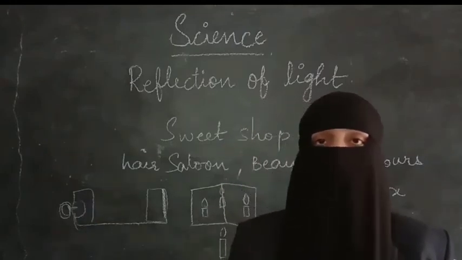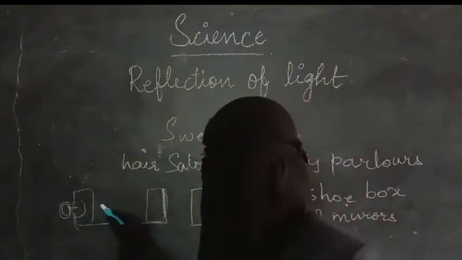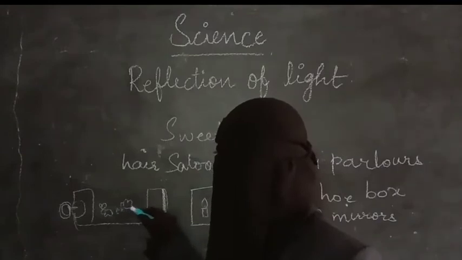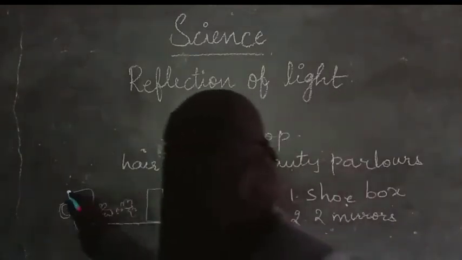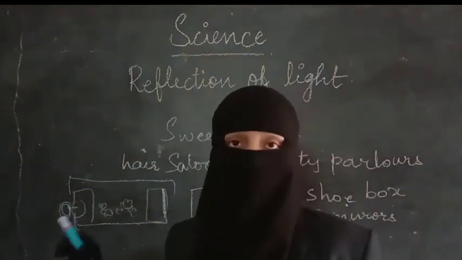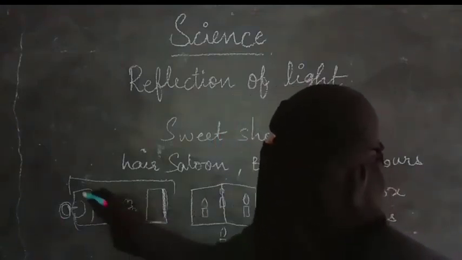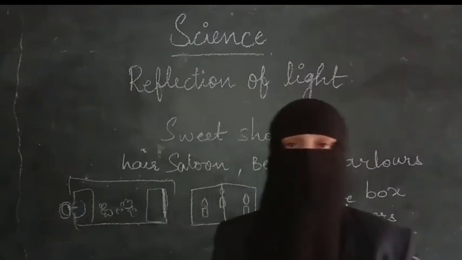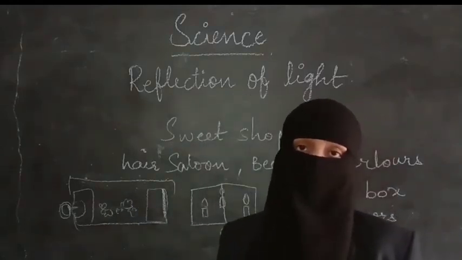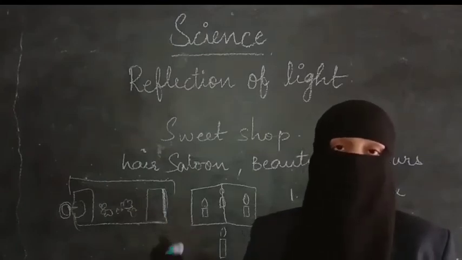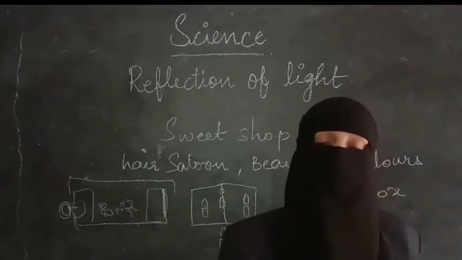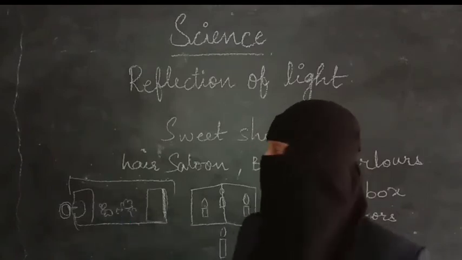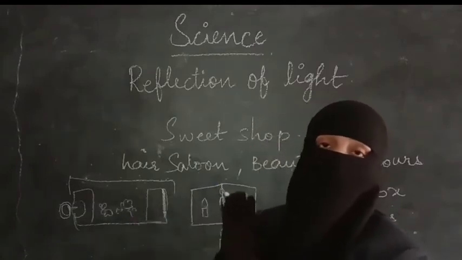Now take some flowers and put those flowers in the box. Okay, now take the lid and cover the box. In the lid you have to make some holes. That is because sunlight should enter here. Because of reflection of light, if we are not putting the holes, light will not enter and our box will not change into a garden. So you have made holes here. After making holes, now our garden is ready.